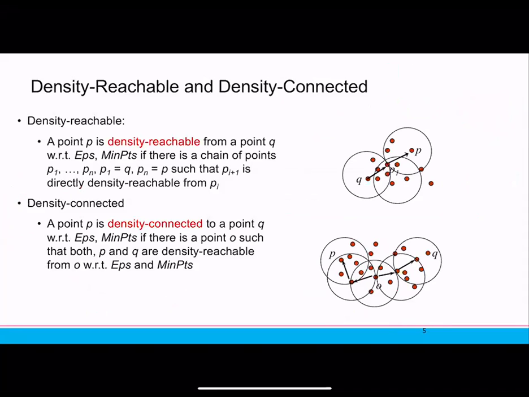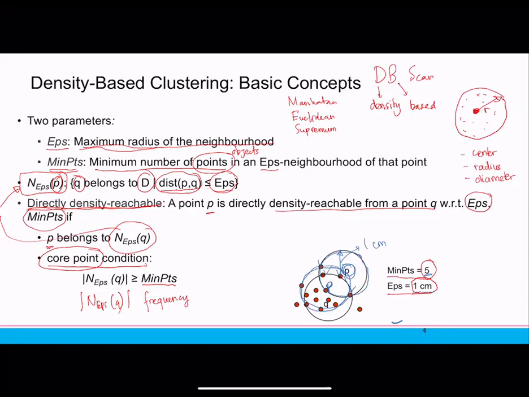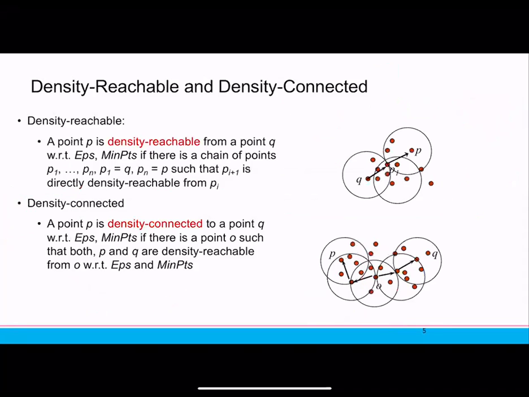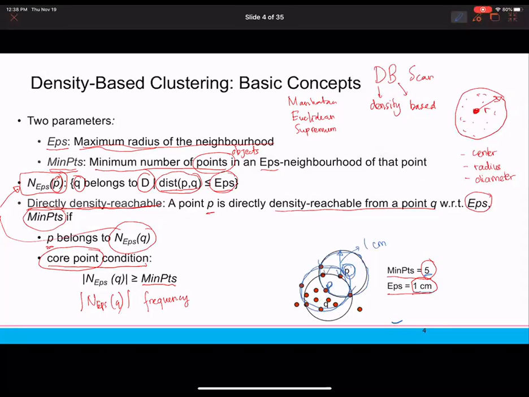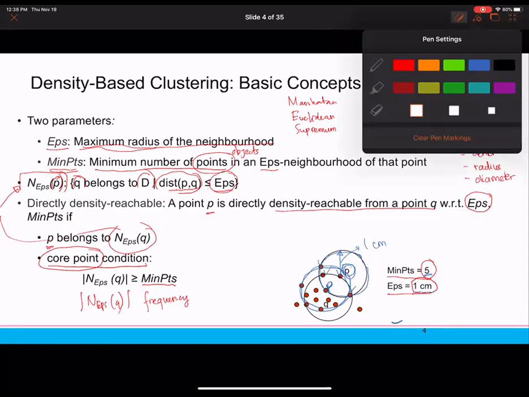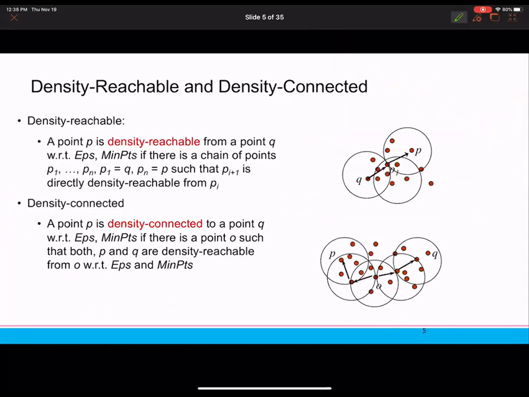So there are two more concepts that you need to understand. The first one is directly density reachable. The next is density reachable. The density reachable means I have EPS, I have min PTS,